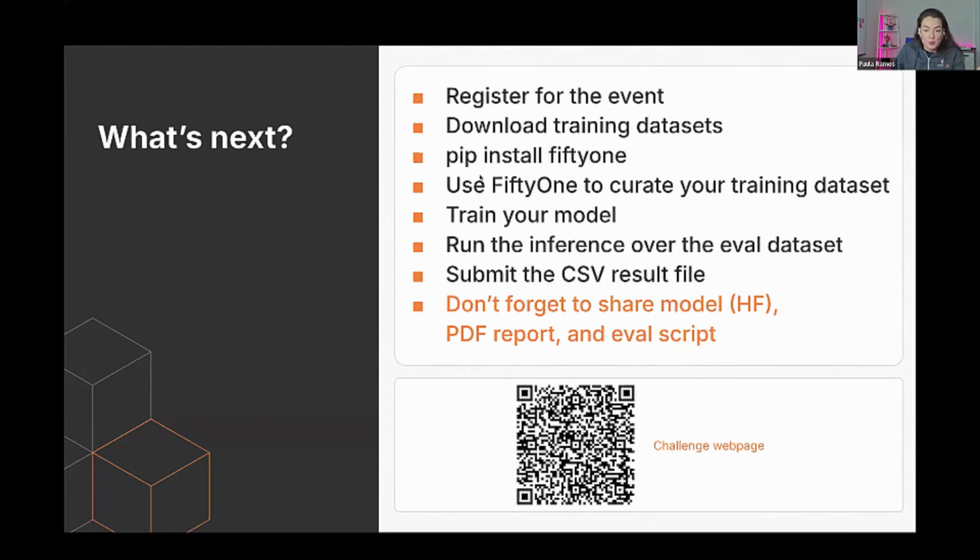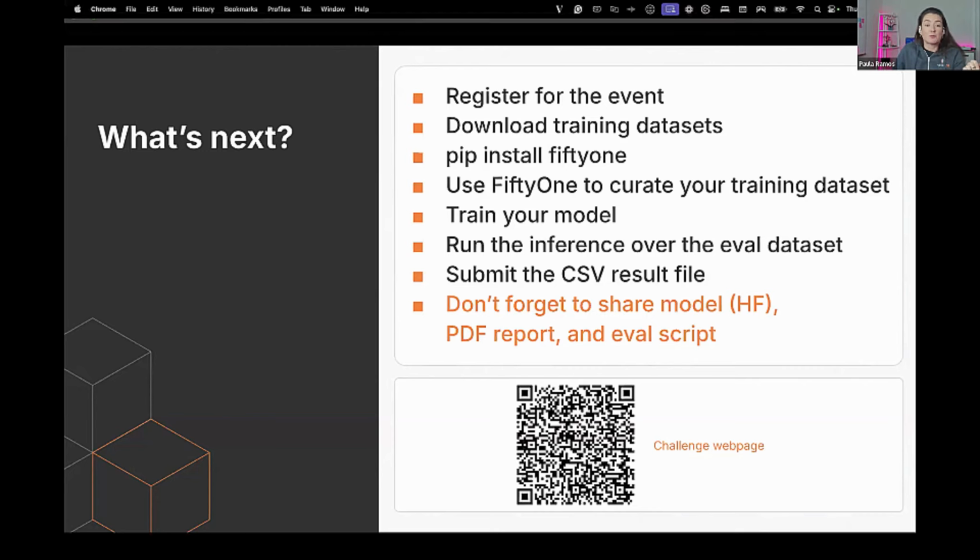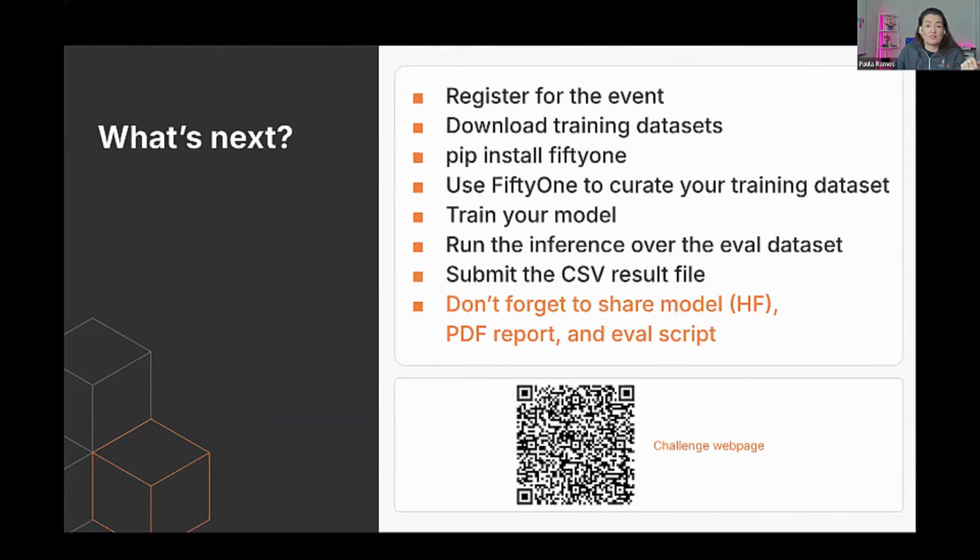Use 51 to curate your training data. Select the most important videos that you want to put in your training data set. Train your model with the architecture of your preference. We don't have any requirements for that architecture. Run the inference over the evaluation data set. Submit the CSV result file.